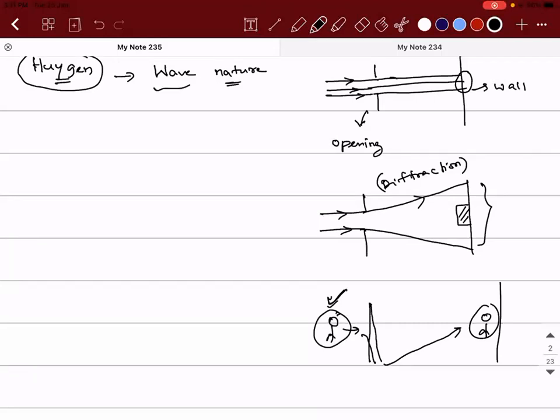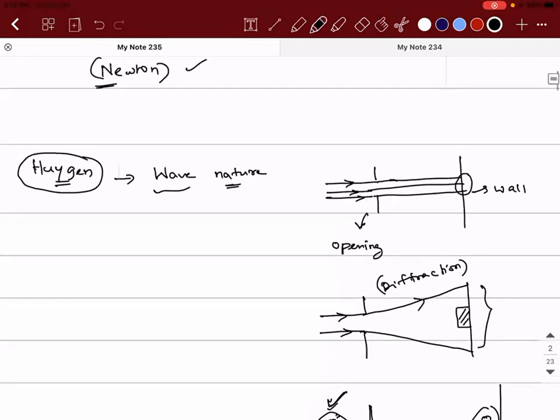But at that point of time, people were not ready to believe, because Newton was a big name at that instant. It was later that certain experiments like Young's double slit experiment, then the photoelectric effect,